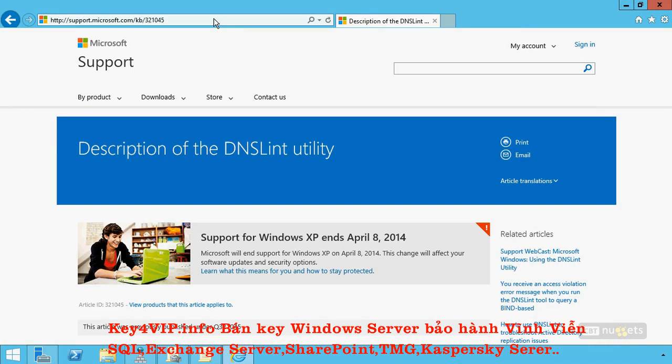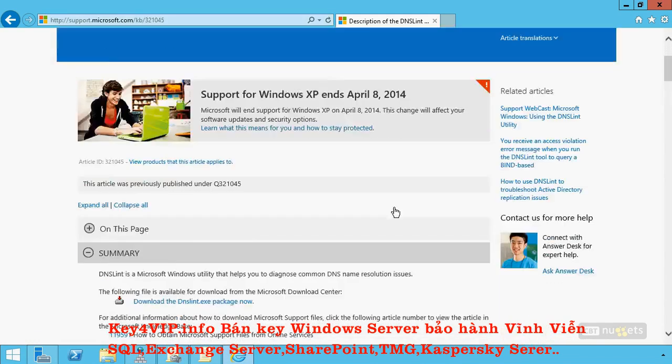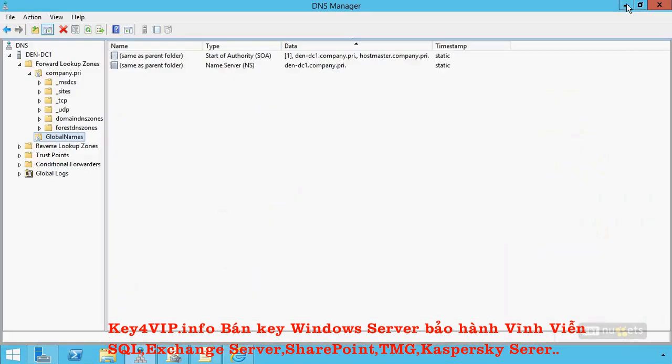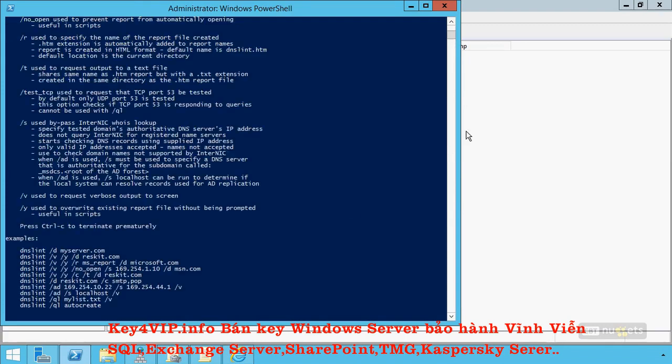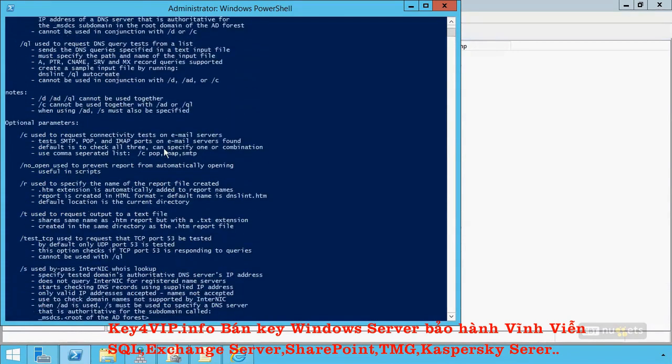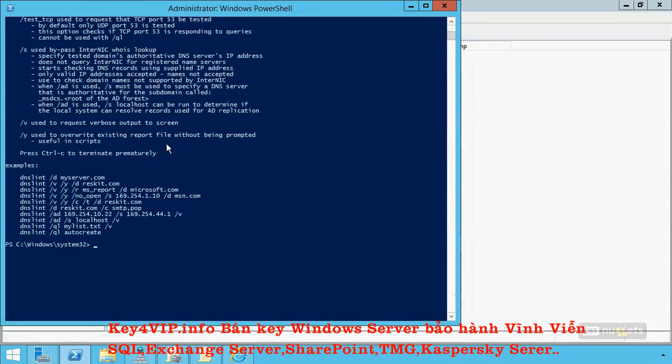And this is particularly handy when I have external zones, like those I'm trying to query against, the intranet's registration. Well, you can download DNSLint from Microsoft.com. It still works in Server 2012 R2, which is awesome. And I want to show you that the DNSLint command offers a variety of different options. But the cool part is in using it to look up different zones and information about zones. So DNSLint, let's do an external zone, like